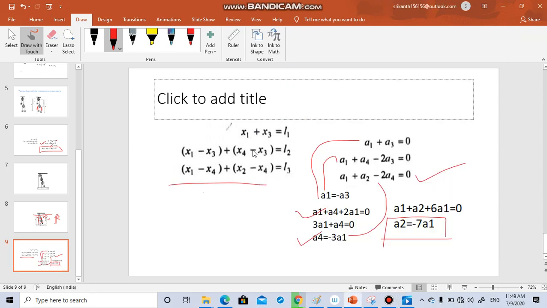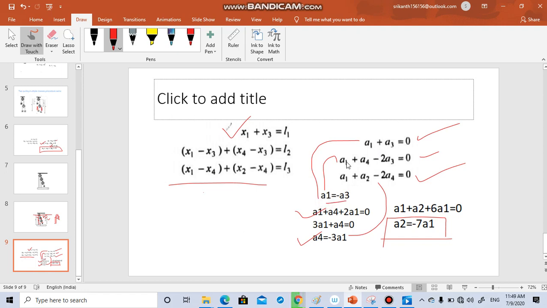This will be x1. So you have a situation here where you have three equations, and these three equations you have to solve now. If you differentiate twice the first equation, you get this equation, and this x1 plus x4 minus 2x3, differentiate it twice, you are going to get this equation, and here this is the third equation. So there are four unknowns. Basically we are trying to find out interrelationship between a1 and a2. So from this first equation you are going to get this equation.